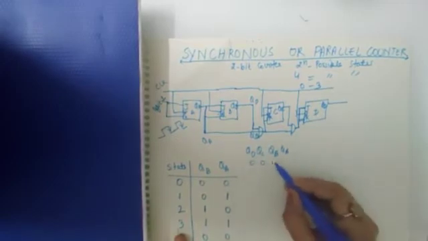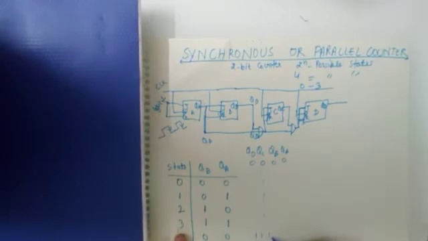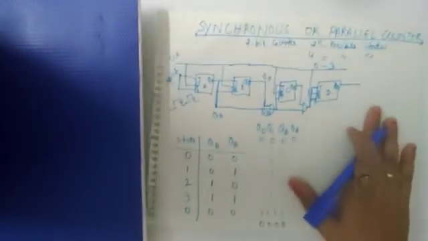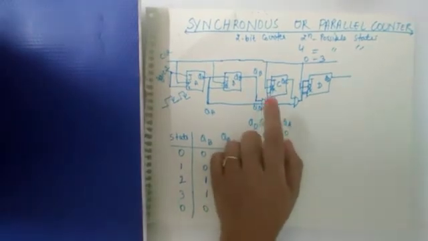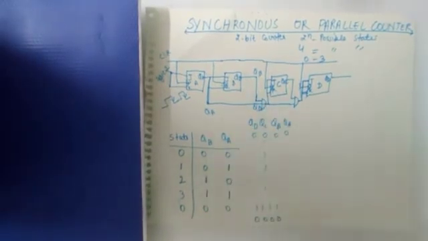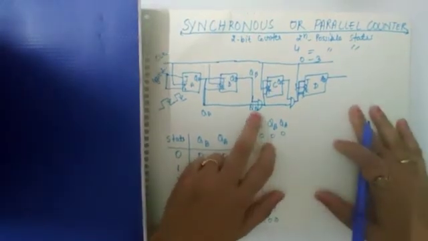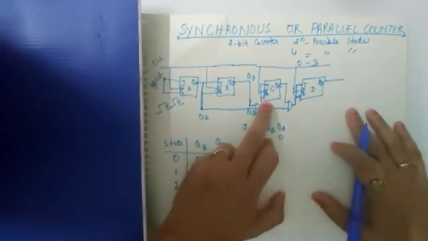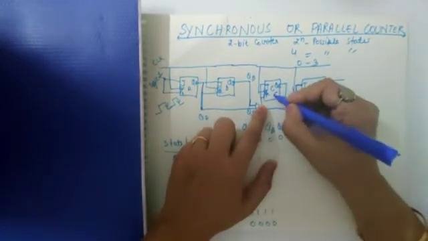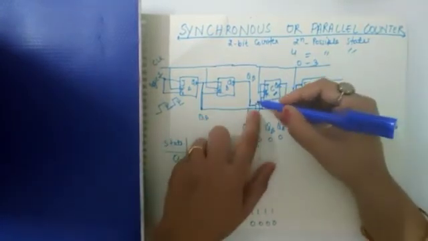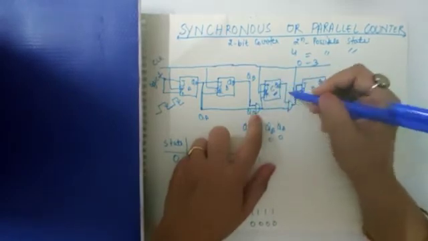And the output will vary from 0, 0, 0, 0 to 1, 1, 1, 1. And after this, we will get 0, 0, 0, 0. It will restart after 15. Now what is the effect of this AND gate and why are we adding it? As I have already discussed, the C input of the C flip-flop is the combination of QA and QB outputs both. So that's why they are multiplied together and connected to the third flip-flop.